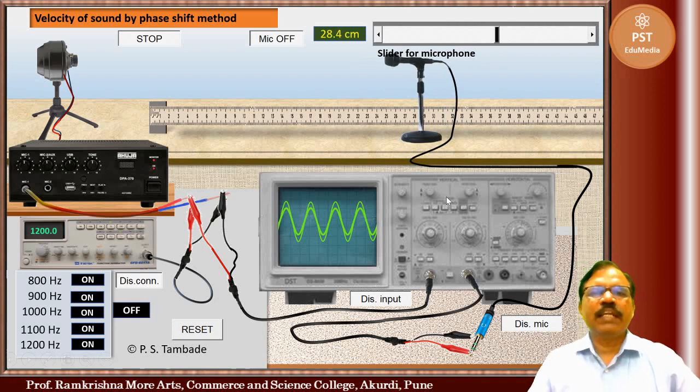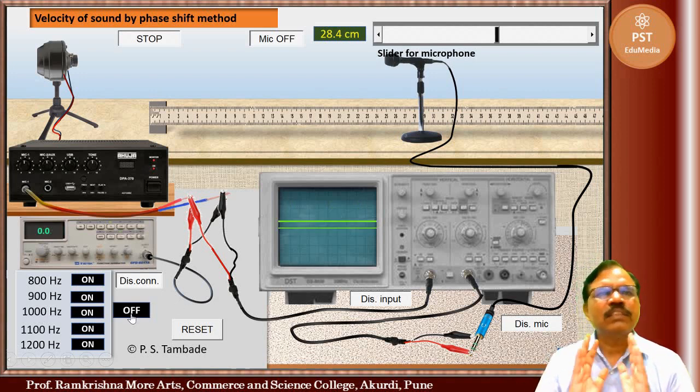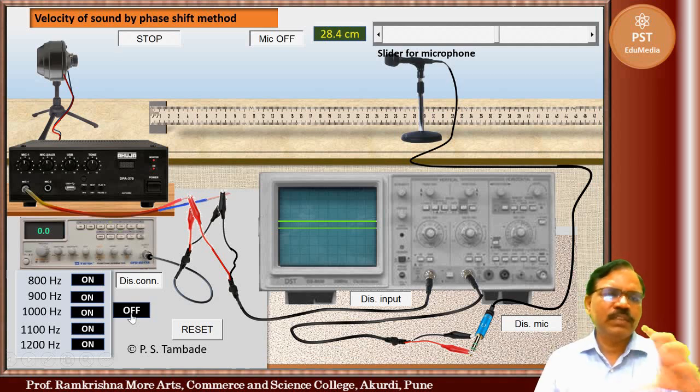So here 28.4. So note down that reading. So we got 5 readings. So this is a simple virtual experiment. I have set it for 5 frequencies because there are some limitations of PowerPoint. So I cannot take variable frequencies. So I have taken fixed frequencies. But using these fixed frequencies, it works fine, and mathematically it is correct.